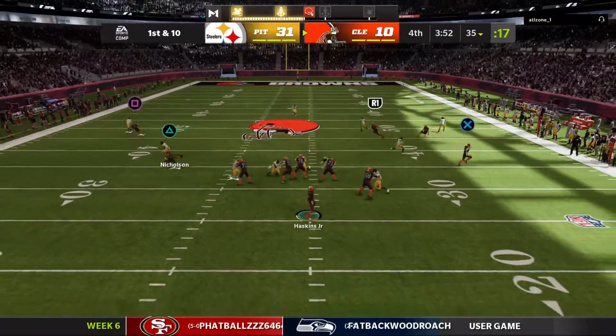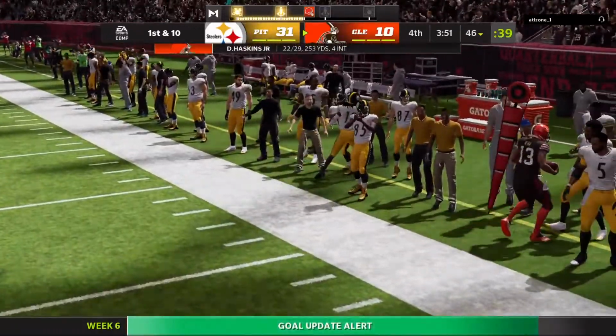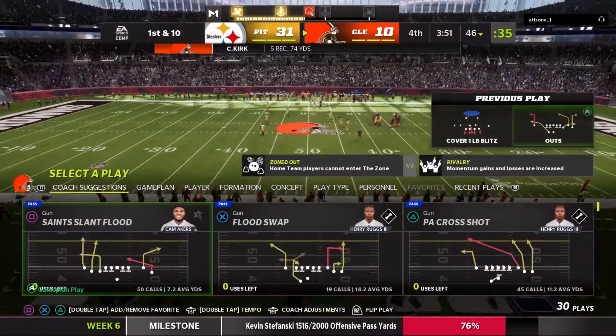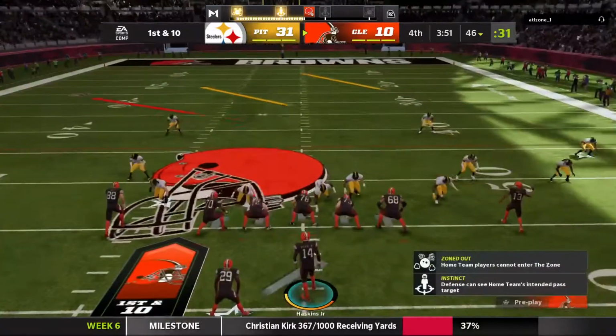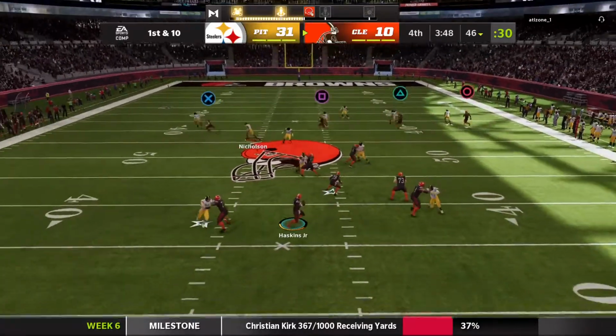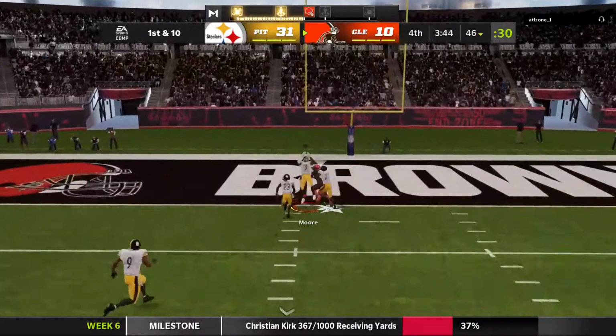Now Haskins on 1st down. That's going to be caught by Kirk. And he'll be out of bounds, but able to get it up past the 45. Well, I can put my defensive cap on right now, and I know they're saying don't give up any big plays now. They've controlled this game throughout, and all they want to do is see it through to the end. I think they let their guard down a little bit with that last completion. Sometimes when you're trying not to get...